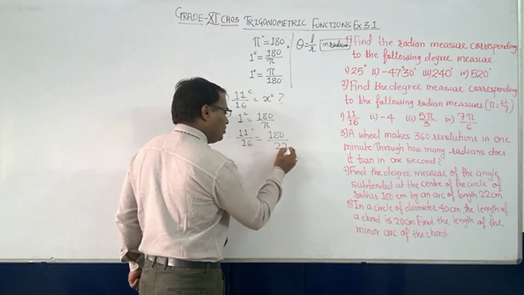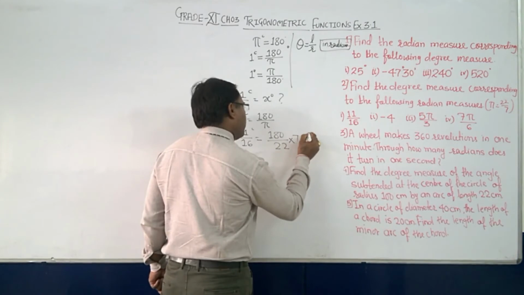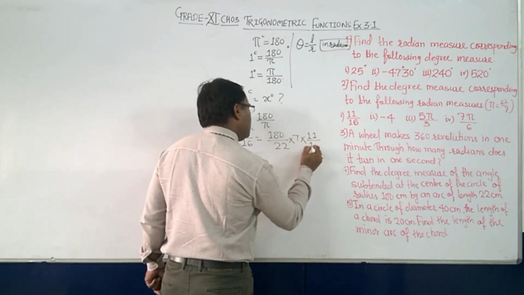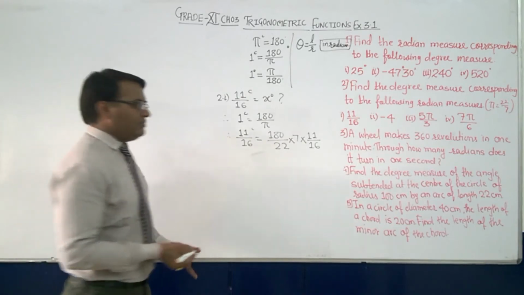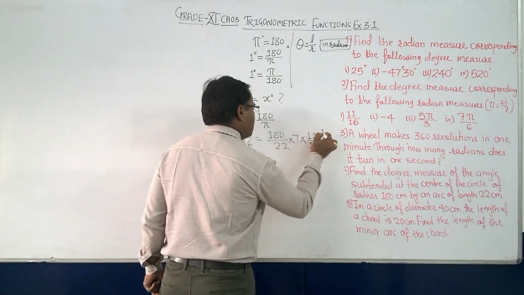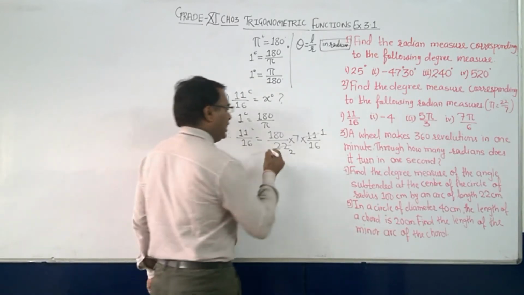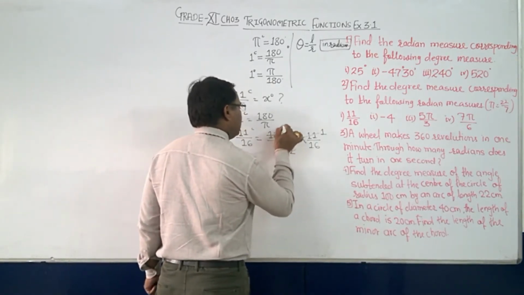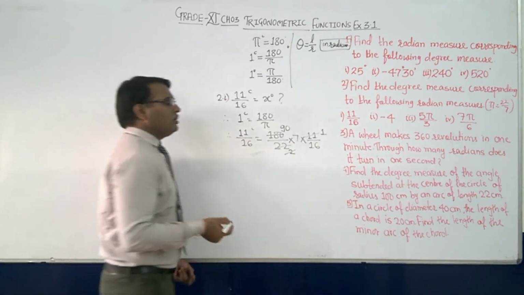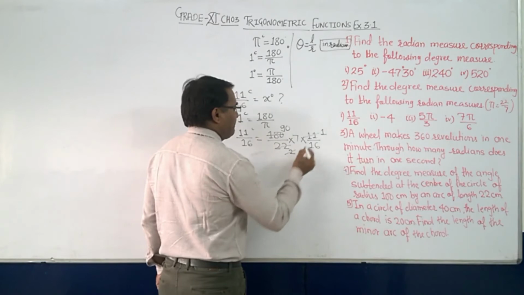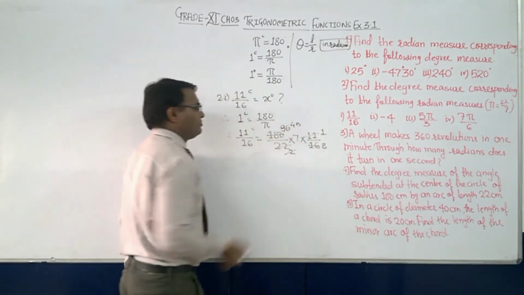Can I write it in the form 22 upon 7? So this 7 will go this side, and again 11 upon 60. Now how much can you divide? You can go ahead with that. So it will be what? 11 ones are 11, 11 twos are 22. And then again 2, and here it will be 90. Again you can go ahead by 2 fours are 8 and 2 forty-fives are 90.